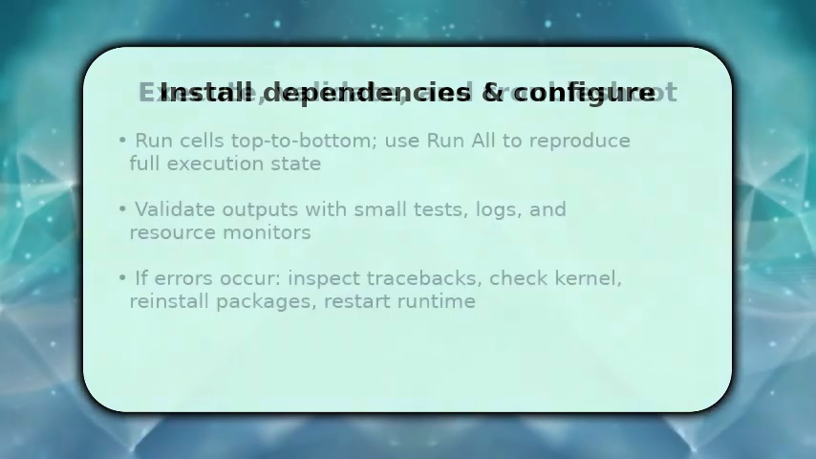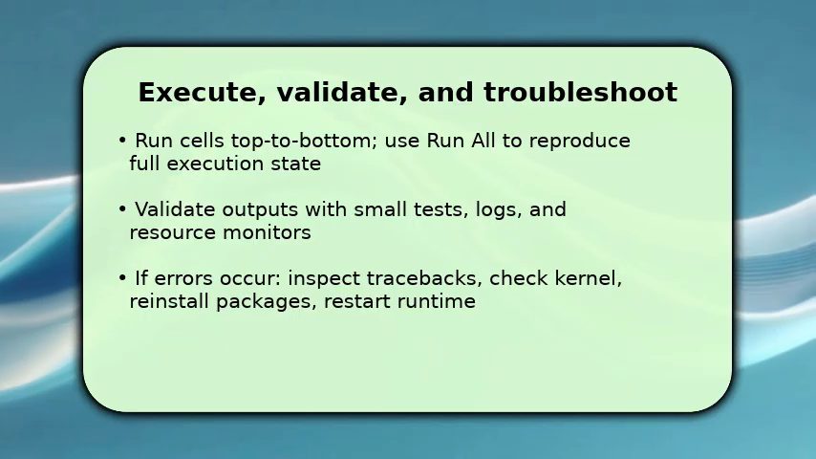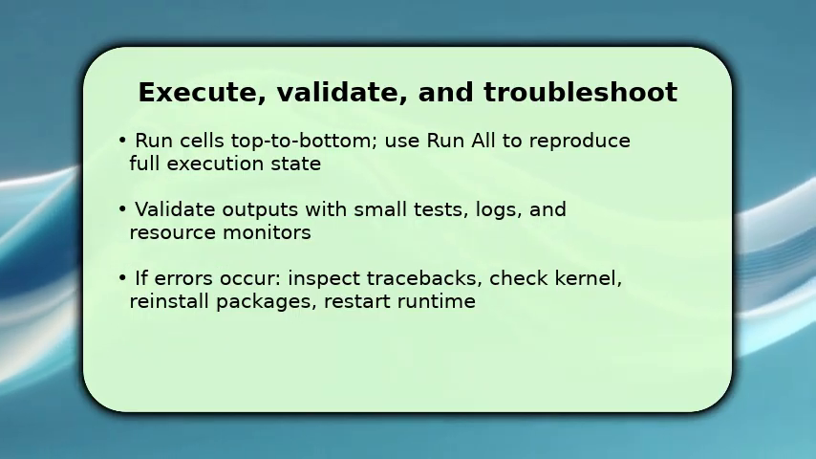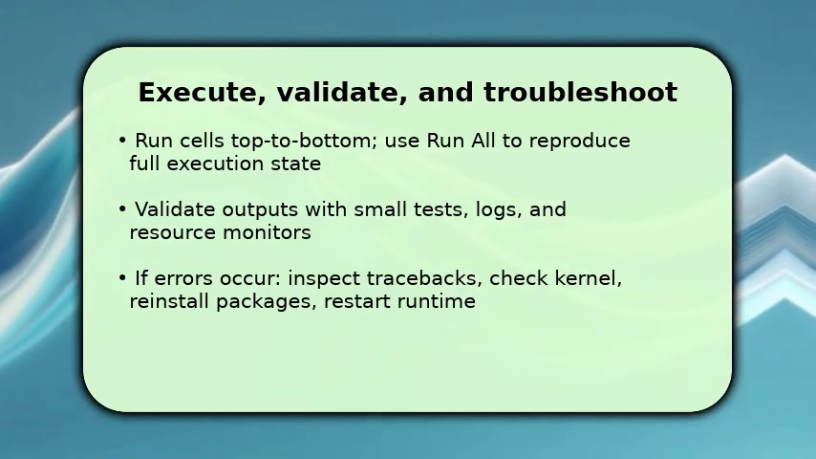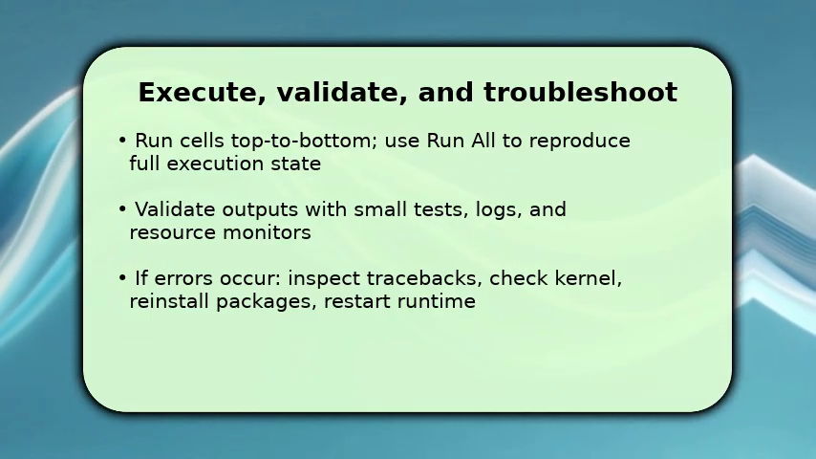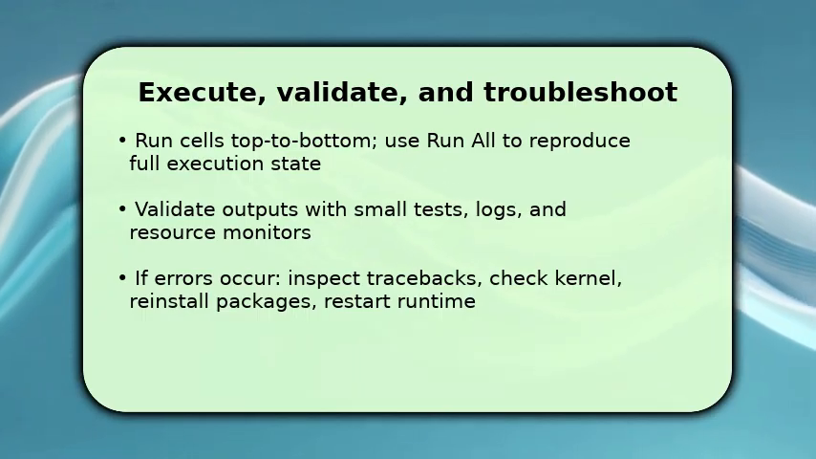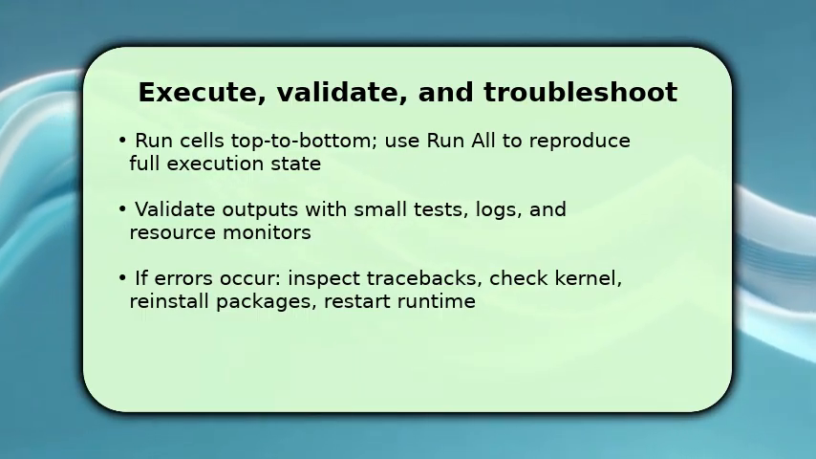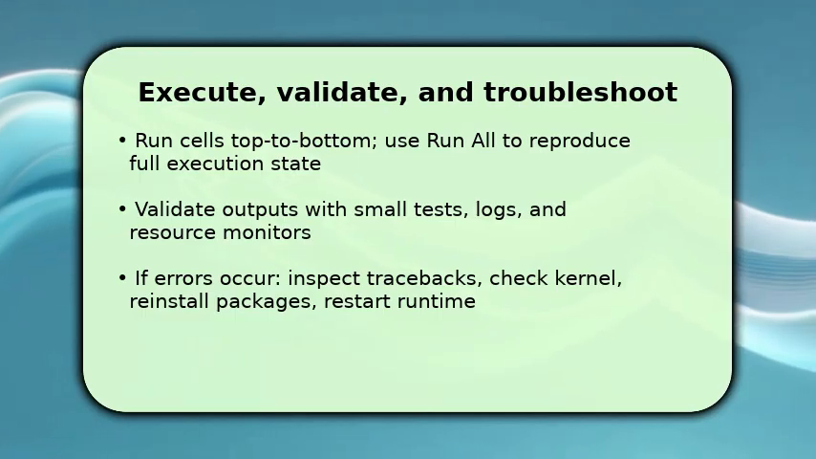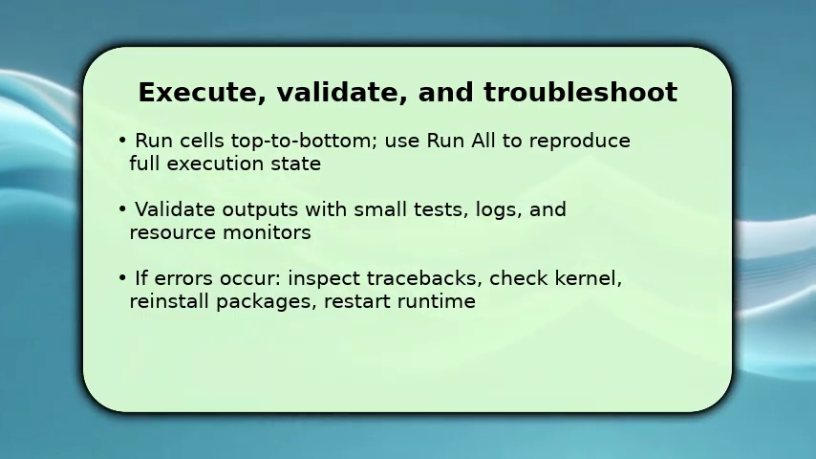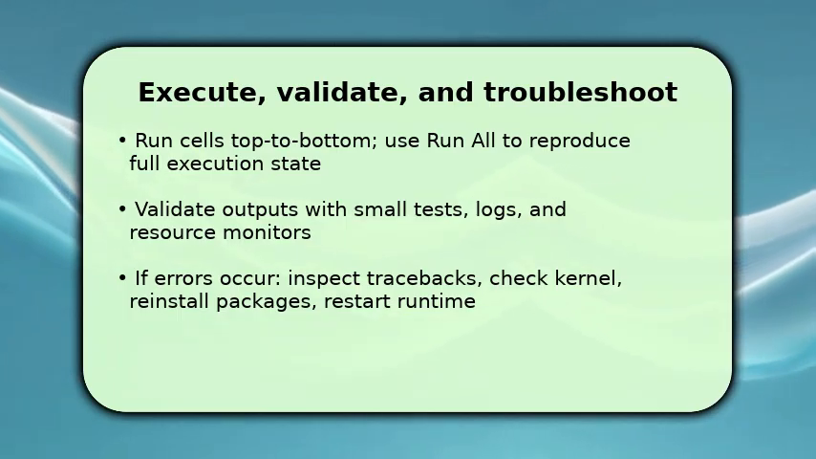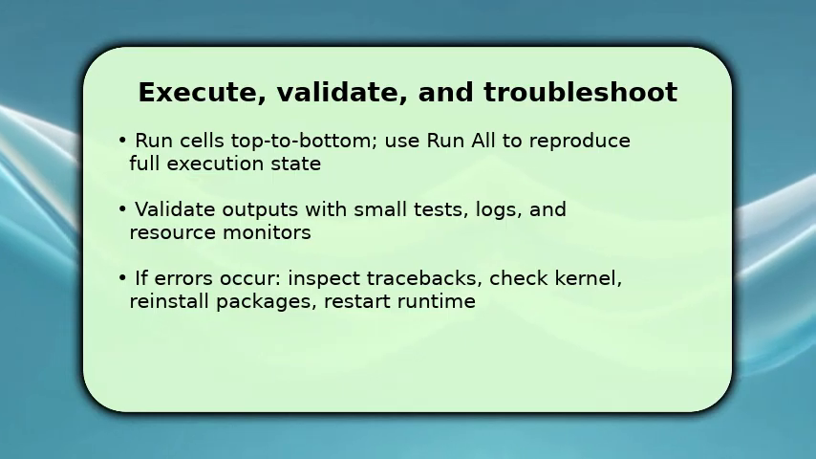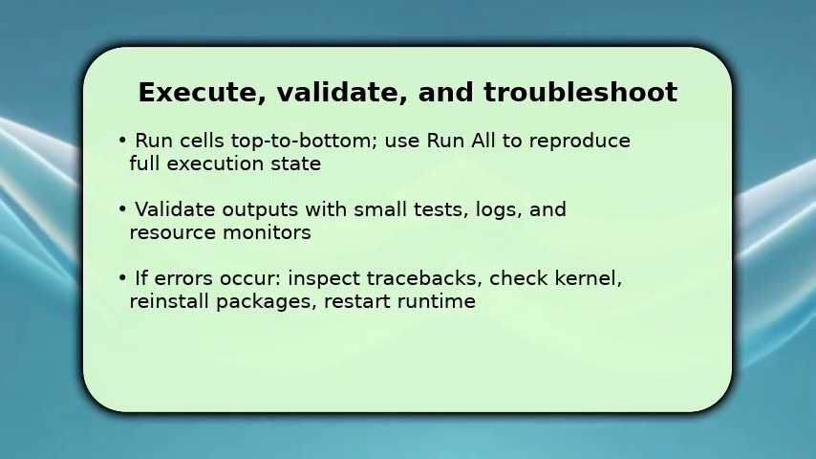You finish by executing and validating the program. Run cells sequentially or use run all to create the expected execution state, then perform quick sanity checks or unit tests to verify results. Monitor outputs and resource usage to catch hangs or memory spikes. If something breaks, read the traceback to find the failing module, ensure the kernel matches the environment, reinstall problematic packages, and restart the runtime. One key tip: clear outputs and restart the kernel before a final full run to